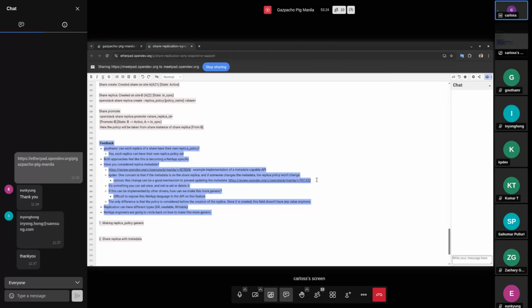Yeah, it is supposed to be the concept of replicating stuff from one share server to another, or one availability zone to another. It's supposed to be the same across storage. Even though we have a lot of replication-specific stuff, for example, replicas that are readable, replicas that are writable, replicas that are for disaster recovery, that is something that you see across different storage in the industry, right? So replication in itself is something pretty generic, but